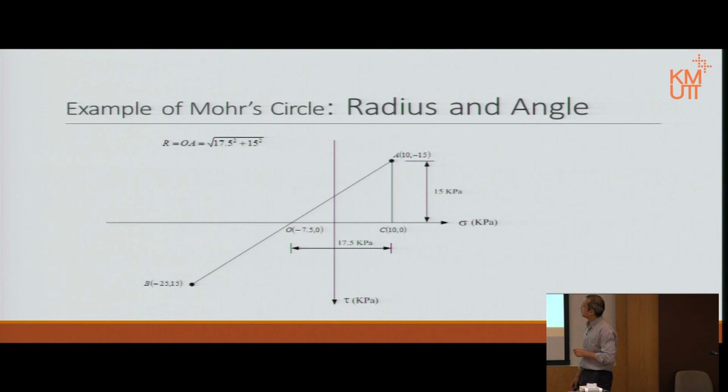And of course, the radius is OA, or OB, the same. Then we can calculate using Pythagoras, and we can work out the radius. In general, once you work out the radius, notice that this is one thing you have to be very careful about. This line here